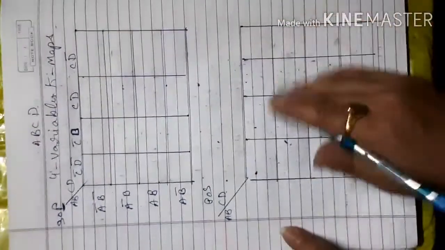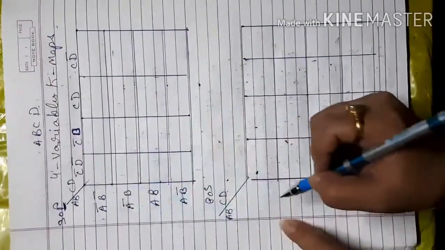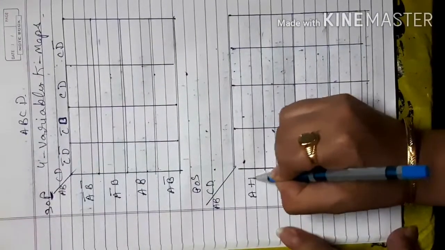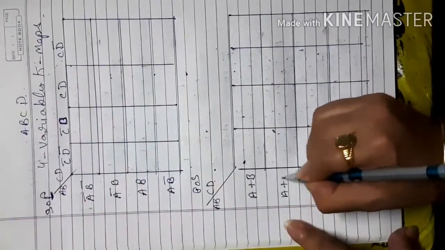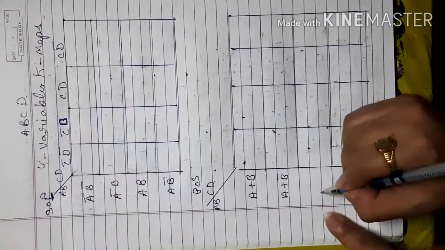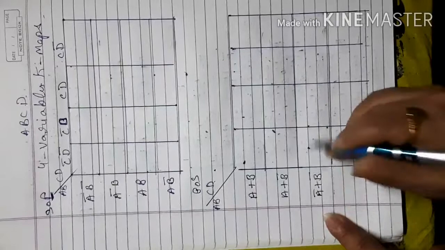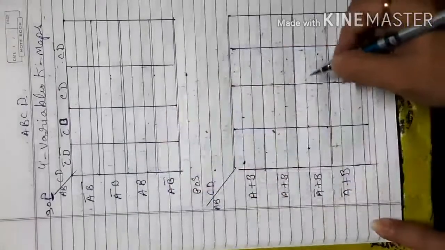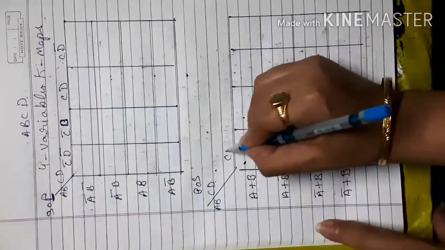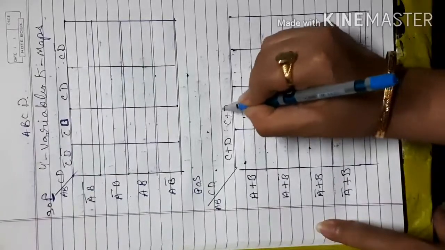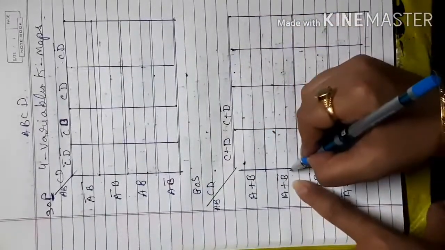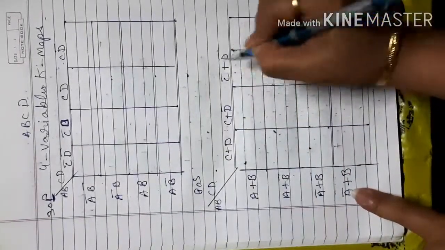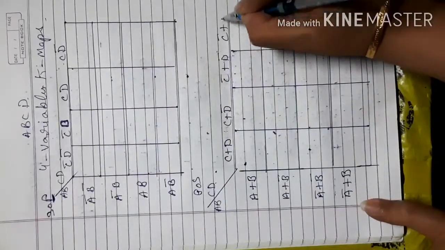But if I go with POS here, that will be opposite to that. So if this is A complement, B complement, it will show A plus B, then A plus B complement, then A complement plus B complement, then A complement plus B. That is exactly opposite to this. Here also, like C plus D, C plus D complement. Whatever complement on the second variable, whatever procedure was followed here, the same will be followed here. Like C complement plus D complement and C complement plus D.